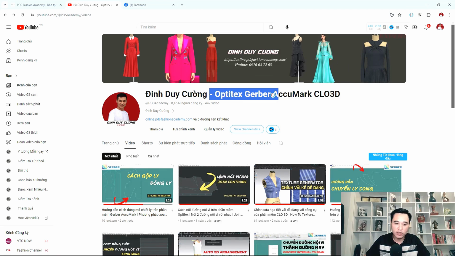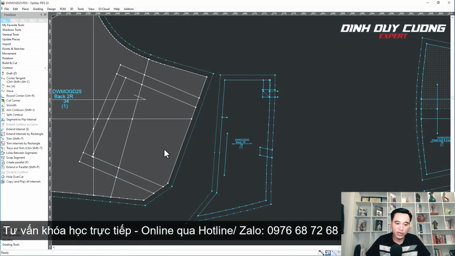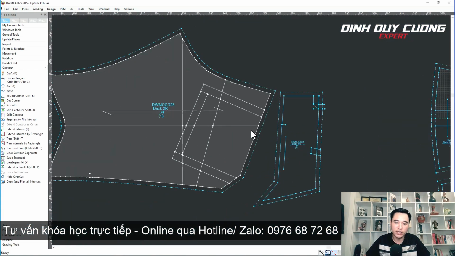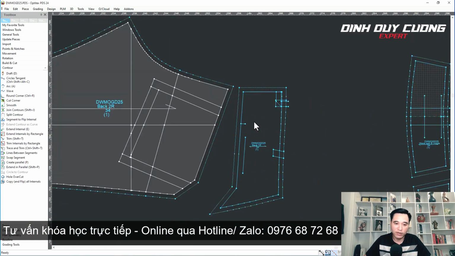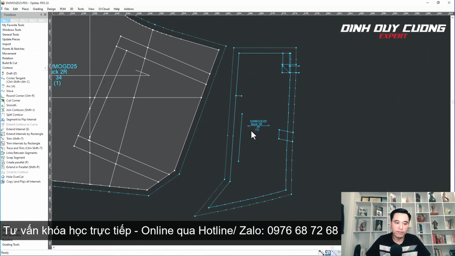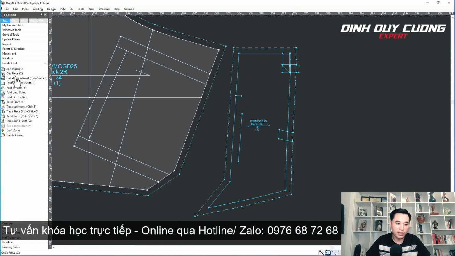In today's video, we are going to answer a specific question from one of our students. You are asking whether Orbitex software allows linking like Lecture does, right? My answer is yes, and I will show you how to do it. So you will go into the extraction command in the build section. Look down below, you'll see a command called, here it is.